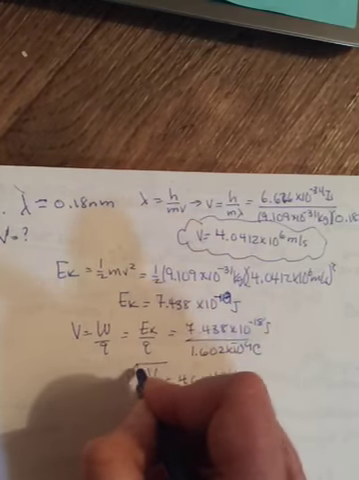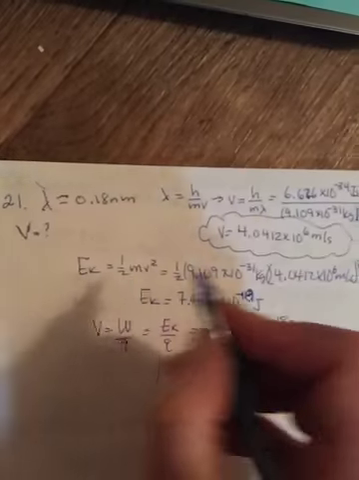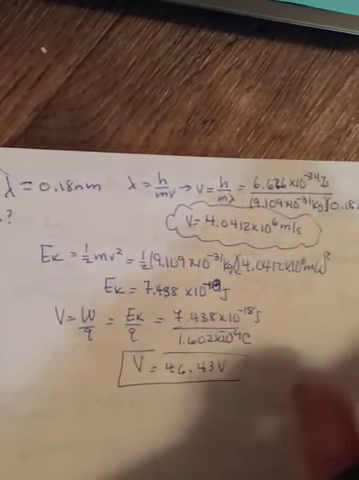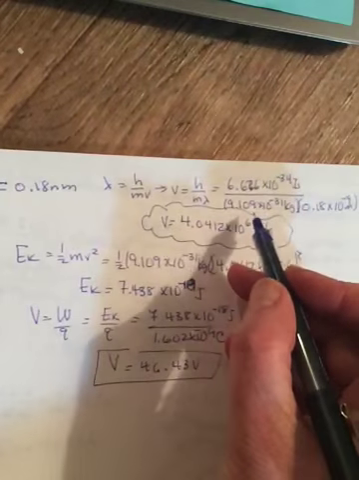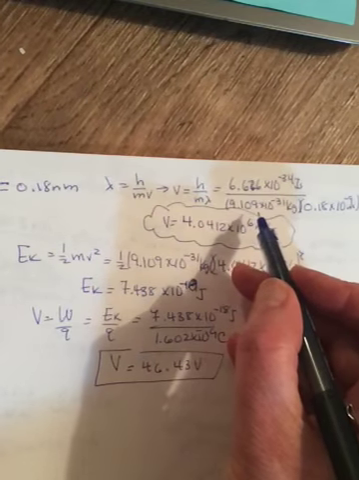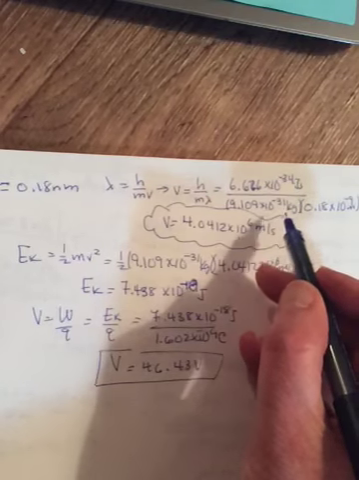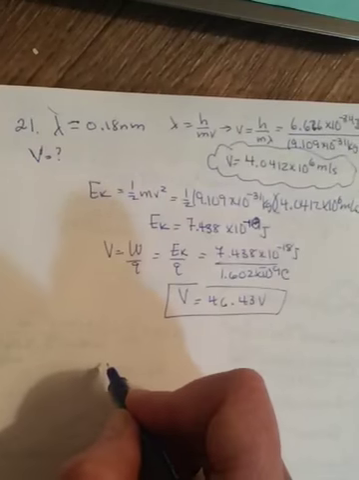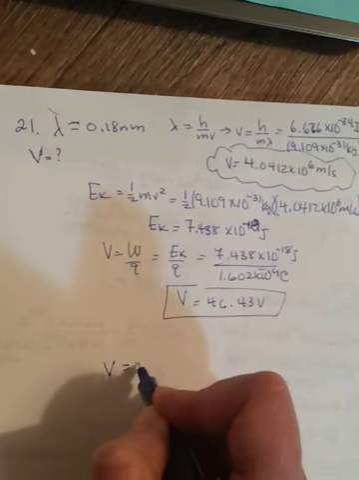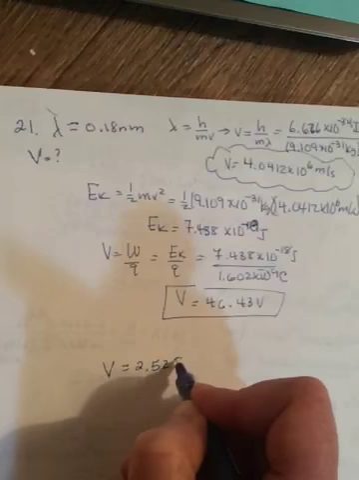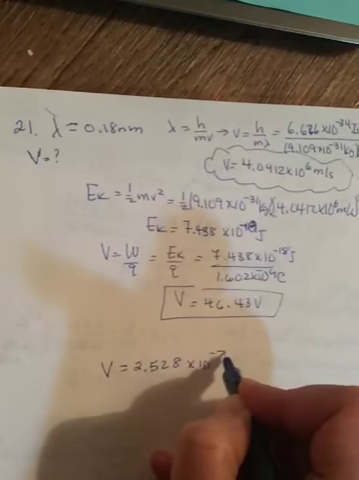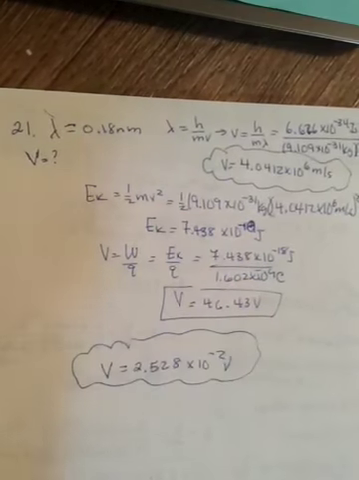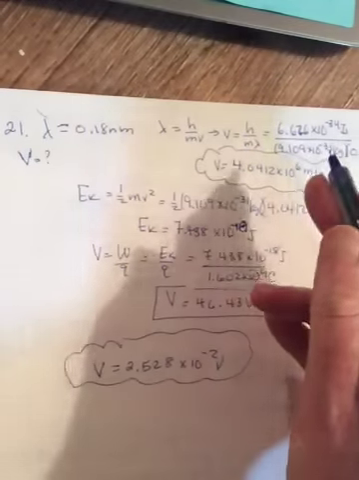46.43 volts. Now, part B asks exactly the same thing except for a proton. So the only thing that changes is where you have the mass of the electron, you're going to put in 1.673 to the negative 27 there and here. And when you do that, you end up getting a V of 2.528 to the negative 2 volts. And I did that because in 3 seconds, the video is going to end. Okay, so all you do is change the mass